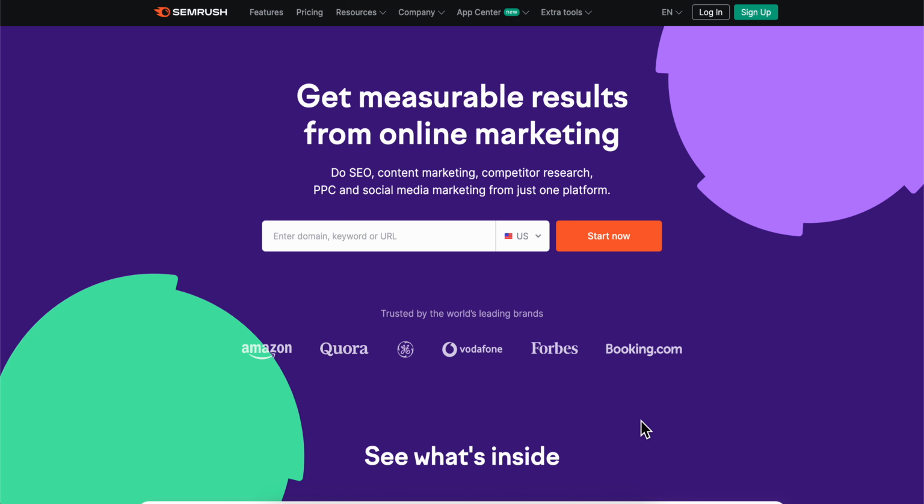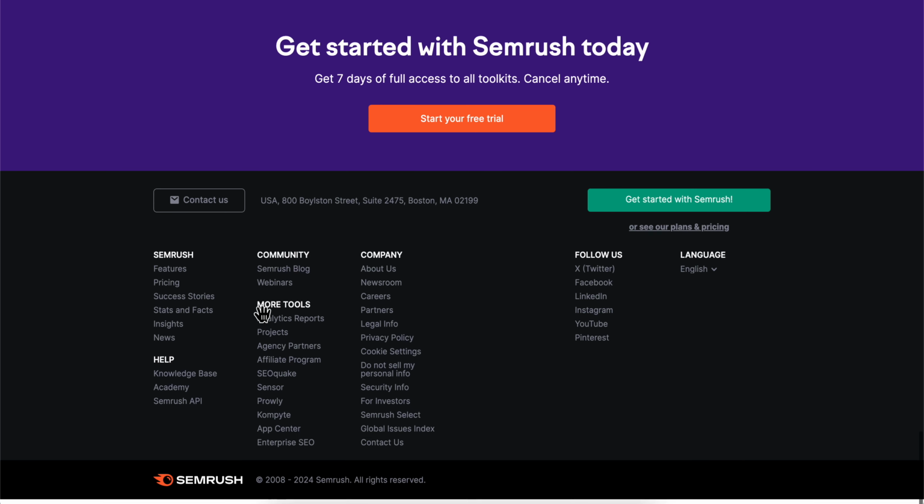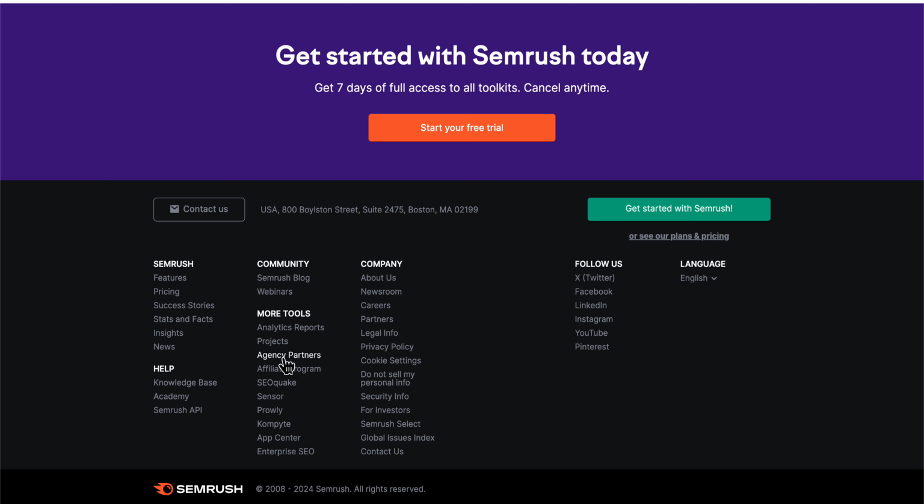How to create a Semrush affiliate account. So the first step is simply go to Semrush and then simply scroll down, and then at the bottom what you're going to have to do is simply click on affiliate program under more tools, and then you're going to get redirected